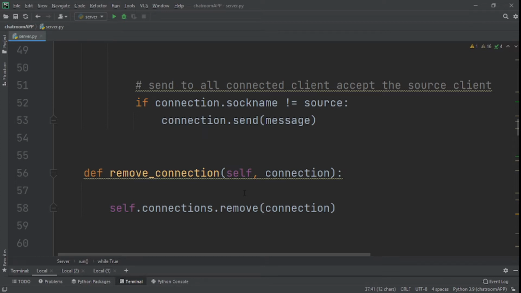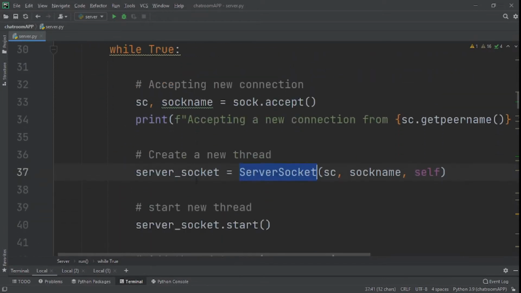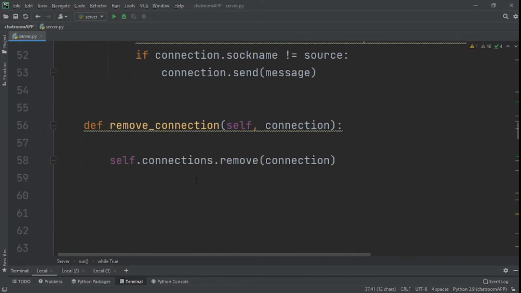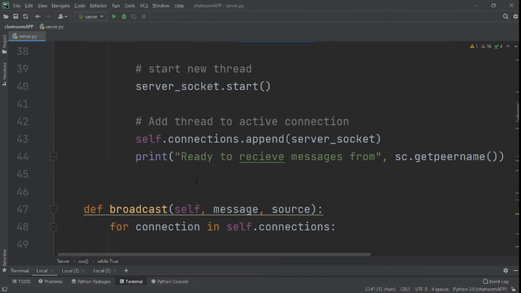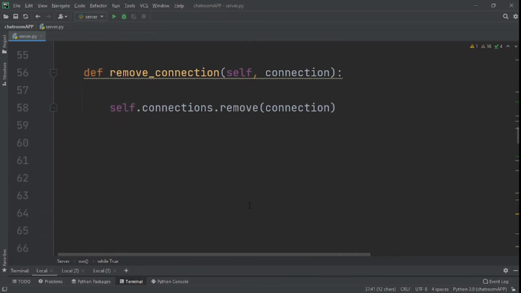This is part 3 of our GUI chat app with Python. What we did in part 2 is we created our server class. We gave it some methods like a run method. We also gave it a broadcast and remove connection method. The plan for today is for us to create our server socket class, give it some methods, and we'll be finished with this server.py, which is the server side for this chat app. And finally, we'll be able to go to the client side where we'll finalize everything and have a fully functioning